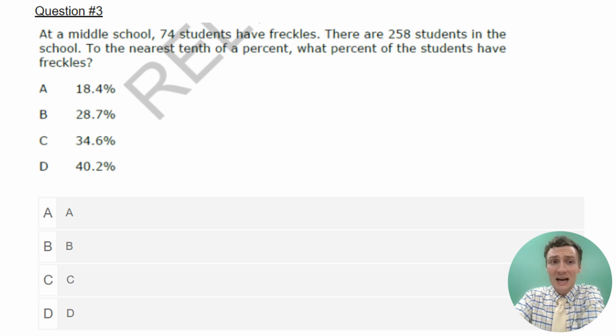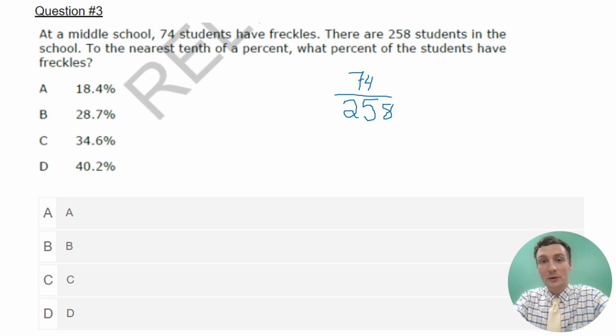And when I see this, I am not going to be dividing this by hand. We have a calculator for a reason. In the real world, I would not divide this by hand. I'm not going to divide it by hand here. 74 divided by 258. Now, I'm going to be honest, I can't even do this one in my head. So I pulled my calculator on my phone out, which you should use the Desmos calculator. And when I calculate my answer, I get that 74 divided by 258